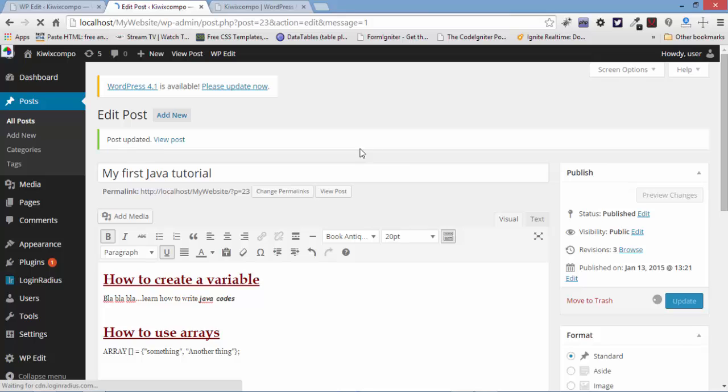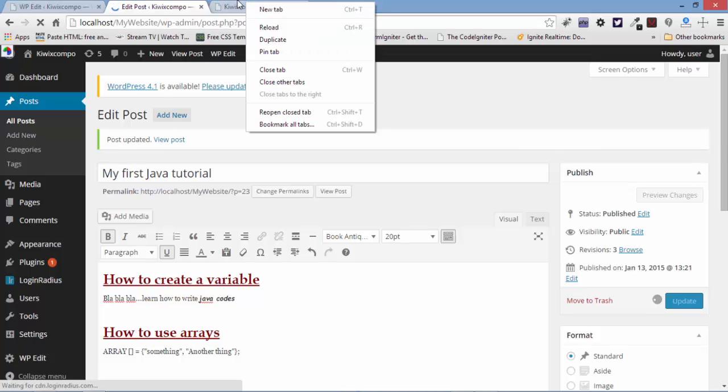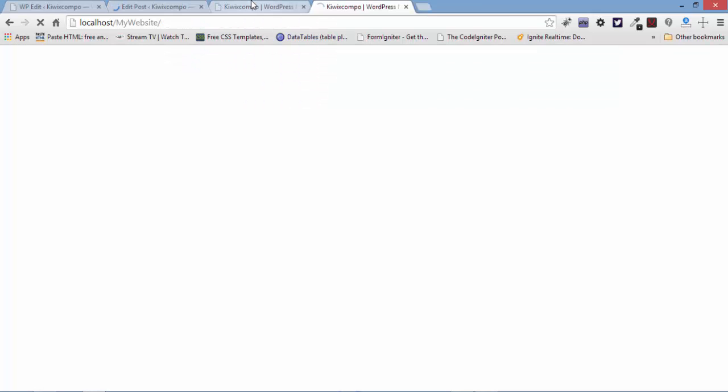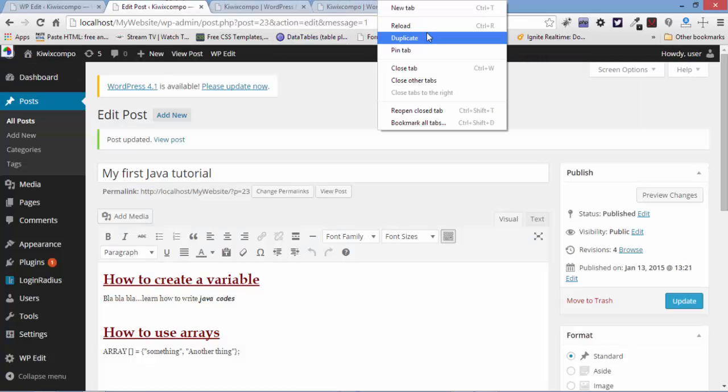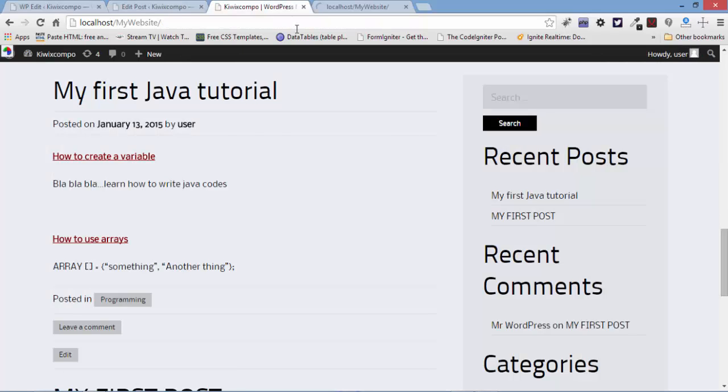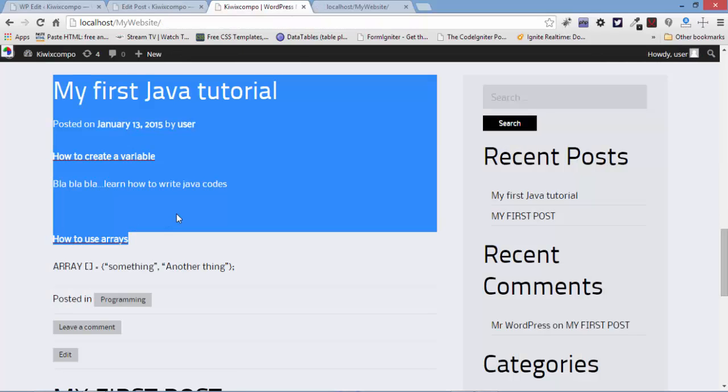Maybe because I'm connected to the internet, it's loading Google fonts, and I don't like it. All right, come on. You don't have all day, so I'm just going to duplicate that page and wait for it to save. All right. Updated, so I'll reload this page, and this is the initial one we had: how to use arrays and how